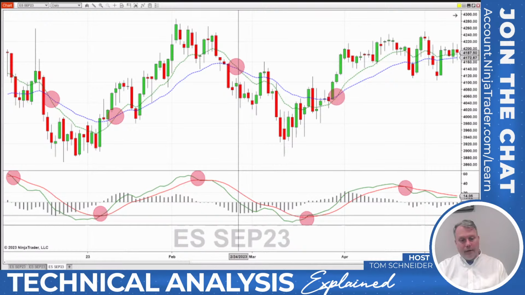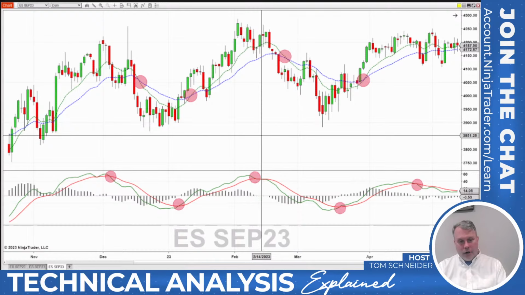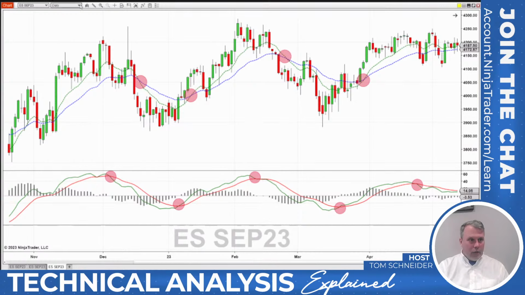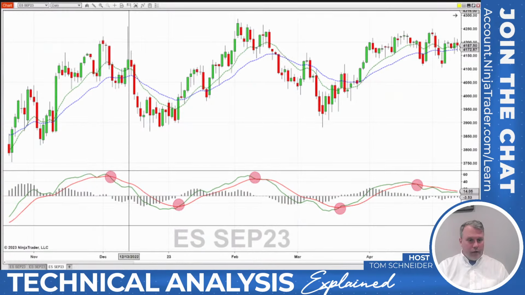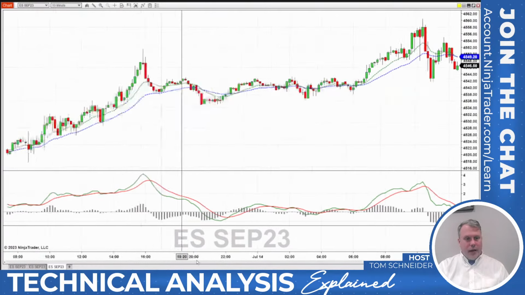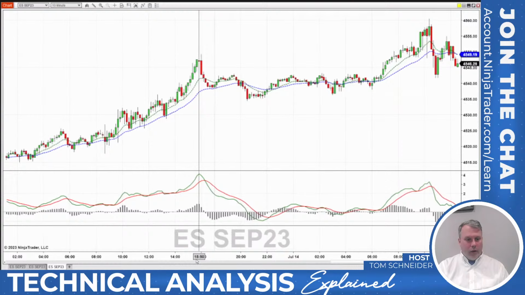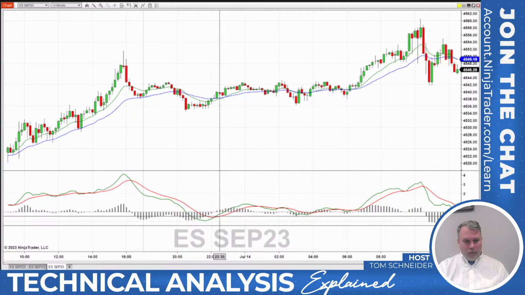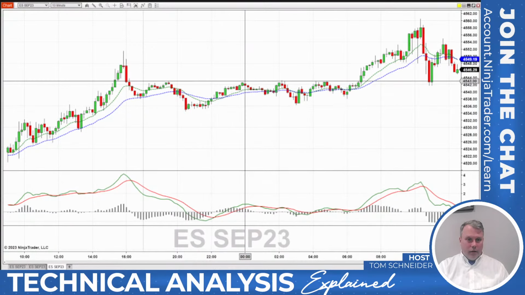Now, you can certainly apply this on an intraday chart. It doesn't really matter if this is a daily chart or a weekly chart or a 10-minute chart. And in fact, what I can do is go back to my intraday chart. Let's look at a 10-minute chart. And it looks very much the same. When the market starts to trend down, these two lines are trending down as well. And then when we start to trend up, we see these lines trend up.